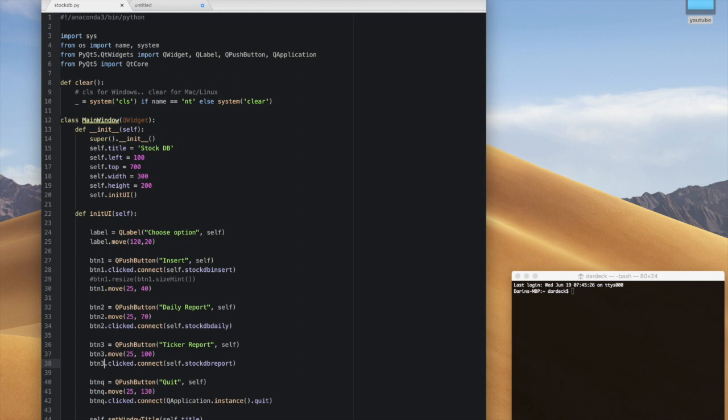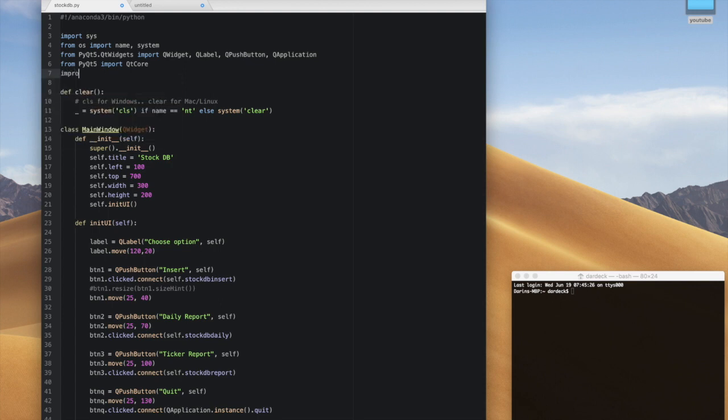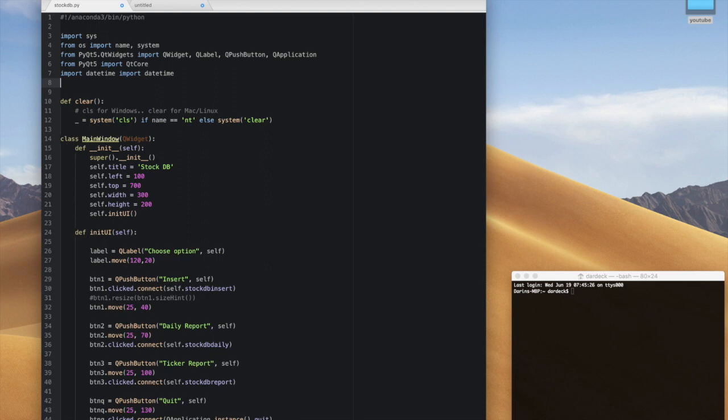There's a couple of things that we are going to want to add to our imports, first of all. So if we go back to the top of the file that we had working, which is this file right here, I had named it stockdb, and again, this is around utilizing stock data that's free off the internet, so we can have some good data sets to mess with. We're going to pull in datetime, as we will need that, and we are bringing in